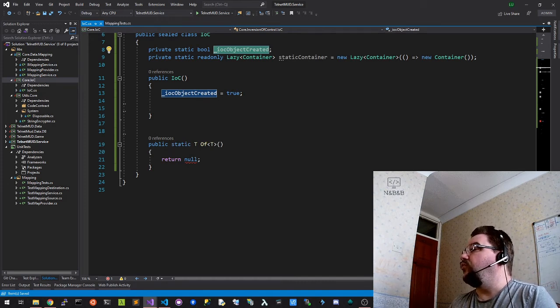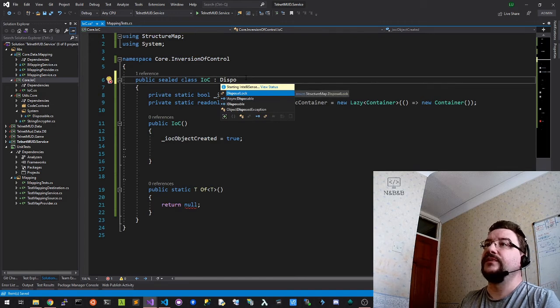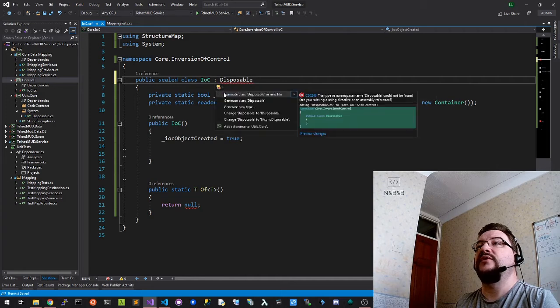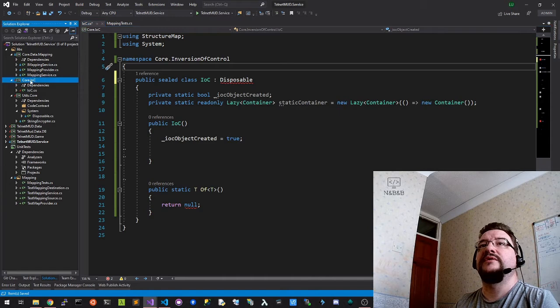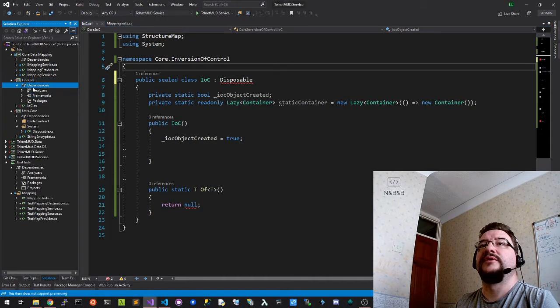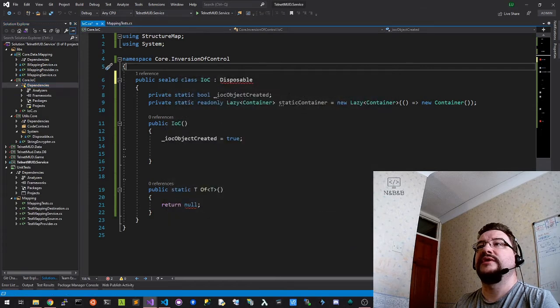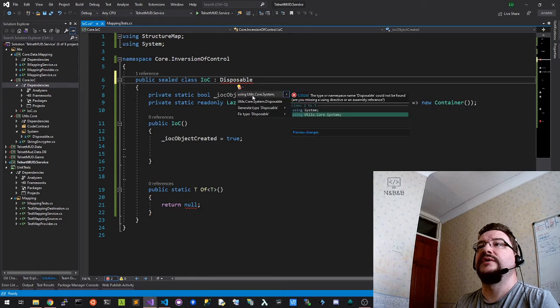We also want to have something. So yeah, we talked about disposable. So we need IDisposable here, and the reason is that we need to dispose. I can do it. It wasn't doing it last night; I don't know why, it was being a pain in the butt. So we can do that here. Add project reference, and we need Core to give us disposable, and using